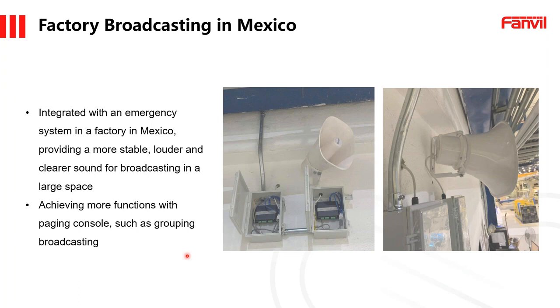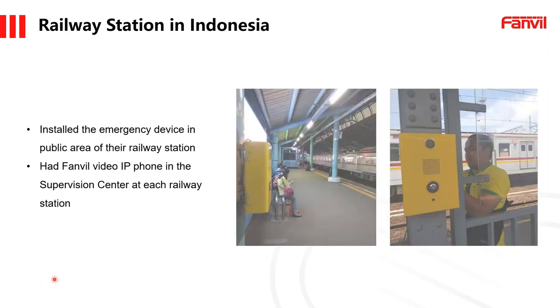Now in the last slide here, you'll also notice that we made an upgrade to an intercom device in a train station in Indonesia. Here you had a lot of devices where it was an old analog system in the past, and what they wanted to do when they upgraded their phone systems to SIP is to be able to integrate a PA system here where you can actually take advantage of integrating a separate camera as well as an auxiliary button